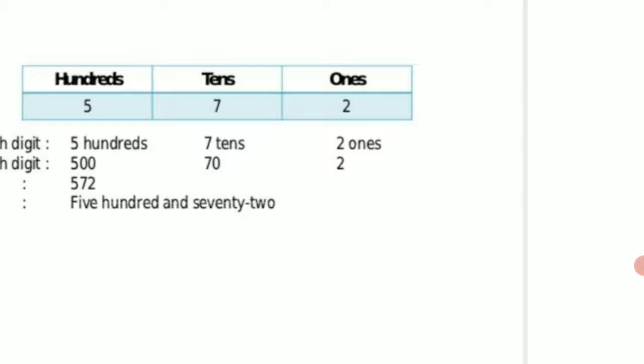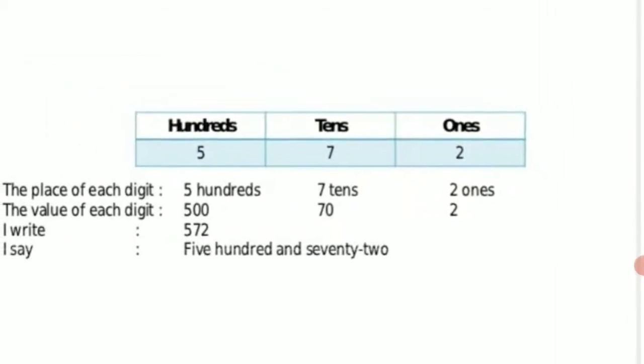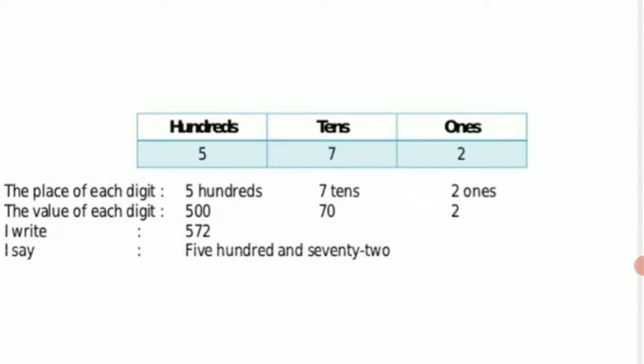Today we are going to deal with the first chapter, that is numbers up to 10,000, and in this we will learn about 4 digit, 5 digit numbers. Okay, so here children, we are starting with the 3 digit number, where you can see the number given is 572, where 5 belongs to the hundreds place, 7 to the tens place, and 2 to the ones place.